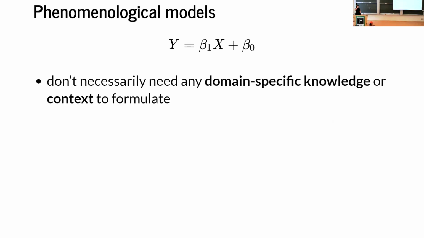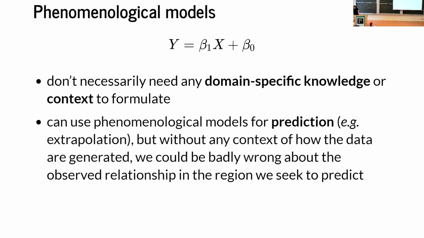We don't necessarily need any domain-specific knowledge or context to formulate these models, and that's really powerful. I know it can be tempting to say, oh, these aren't as good as that model or whatever, but that's not really a helpful thing, right? The question is, when is this useful, right? So we don't necessarily need to know too much about the variables X and Y if it looks like there's a linear relationship, right? We can just perform a regression and get some inference out of that.